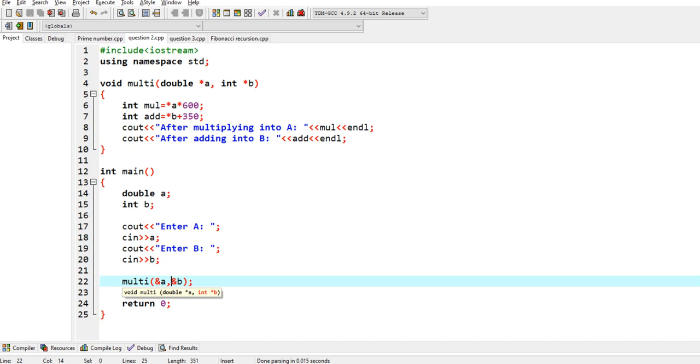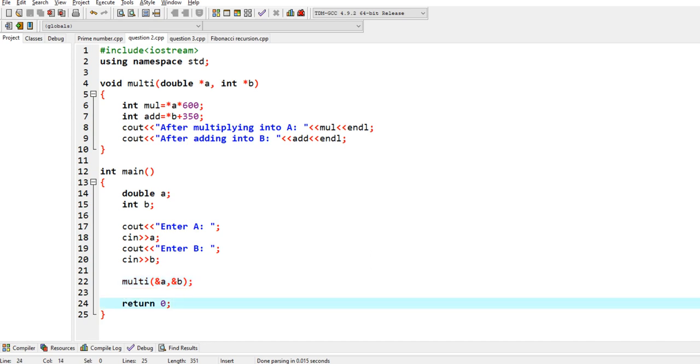We have to multiply the number a by 600 and add 350 to b. Here it prints the value after multiplying a, and after adding to b. In the main function, double a, int b, enter the number a, enter the number b. I have passed the references of a and b to the function and return 0.